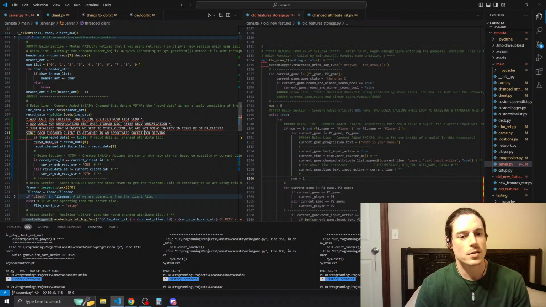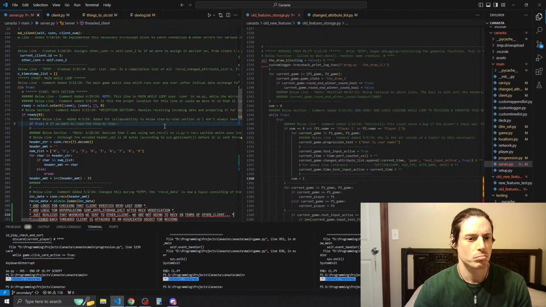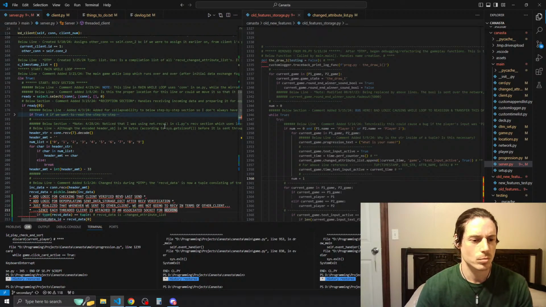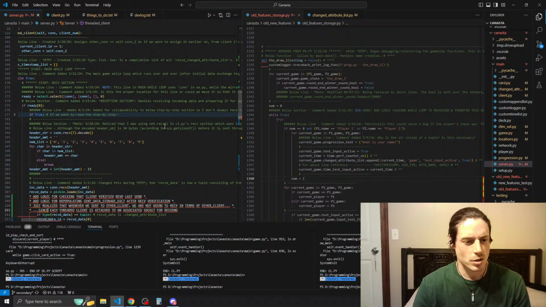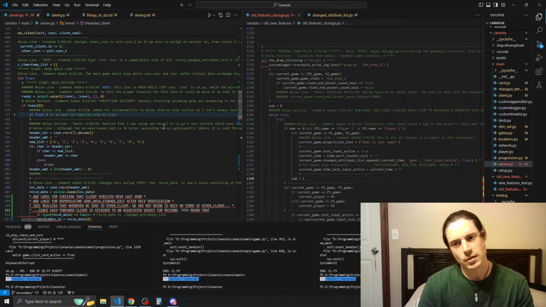I'll just make this a multi-line comment. Since each threaded client is attached to an associated socket for receiving. And we'll put, this means that